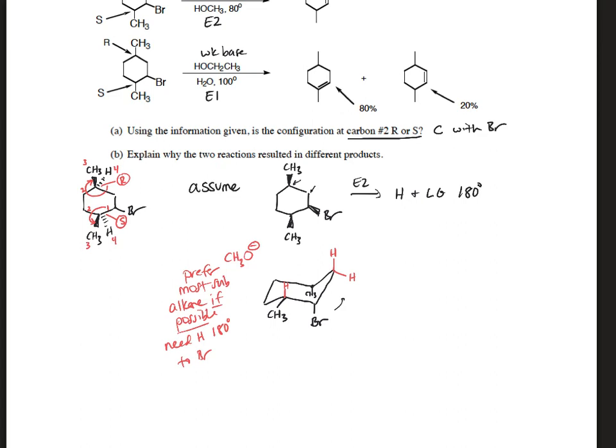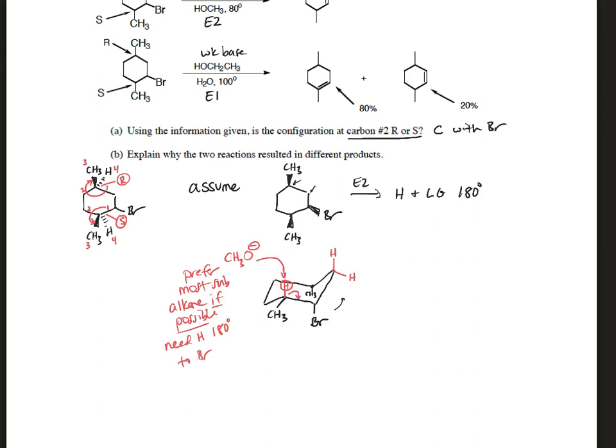So it looks to me like I've got one. This hydrogen right there, where the CH3 is, is one that I could remove, and it is 180 degrees to the bromine. So the methoxide could grab that,